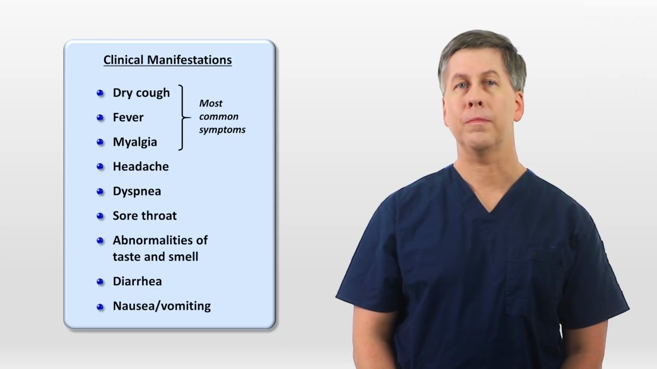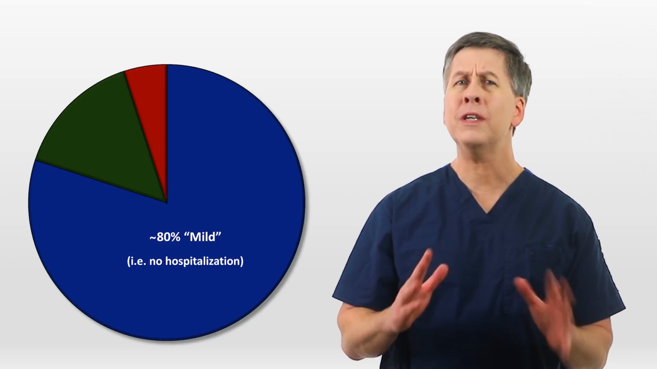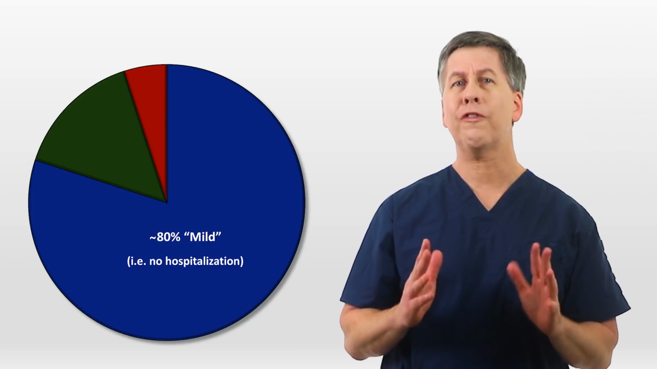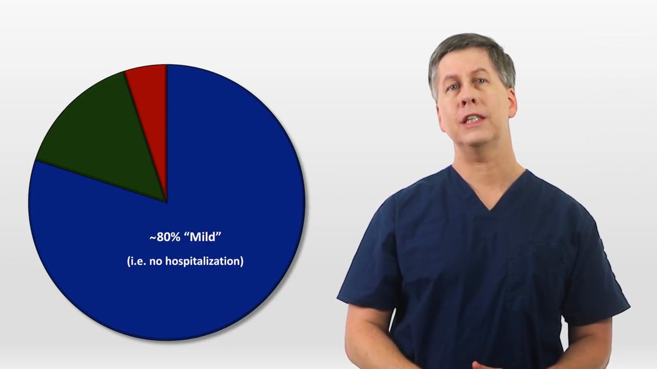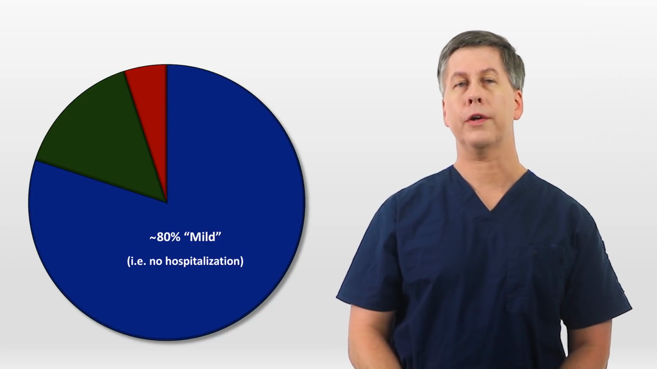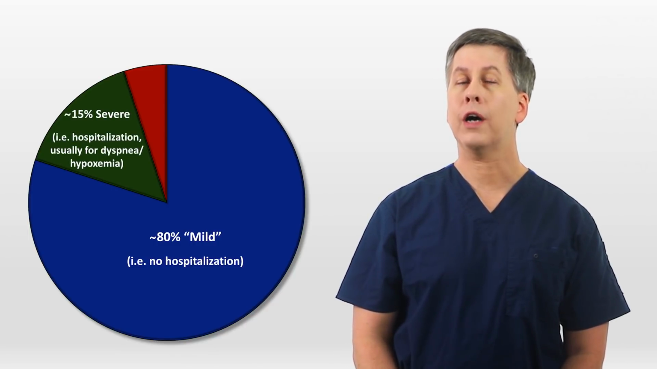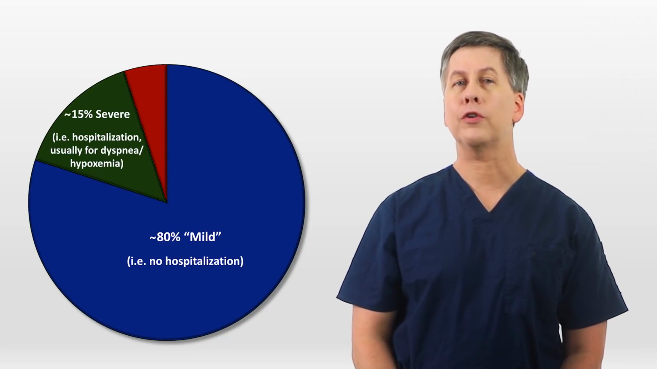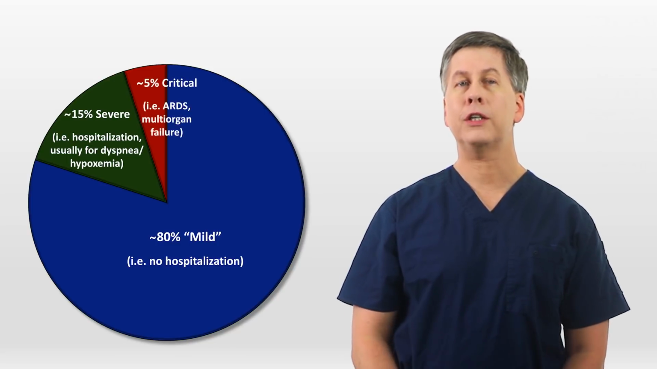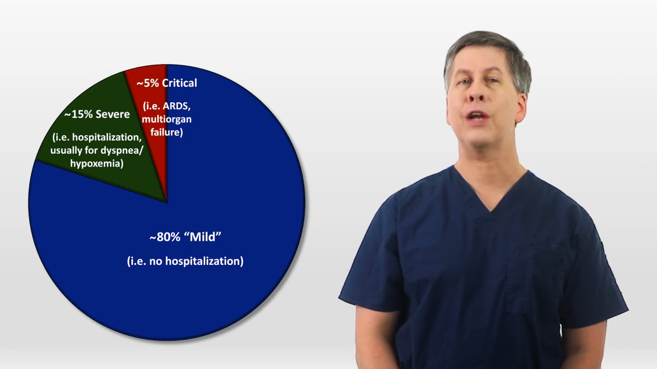and nausea and vomiting. Among all patients who develop COVID-19, approximately 80% have so-called mild disease. Mild is sort of a misnomer because some of these individuals will feel really terrible. However, what mild actually means is that hospitalization is not required. 15% of patients will be classified as severe on account of requiring hospitalization, usually for dyspnea and hypoxemia brought on by viral pneumonia. And 5% of patients will be classified as critical, meaning ICU admission, usually for ARDS and/or multi-organ